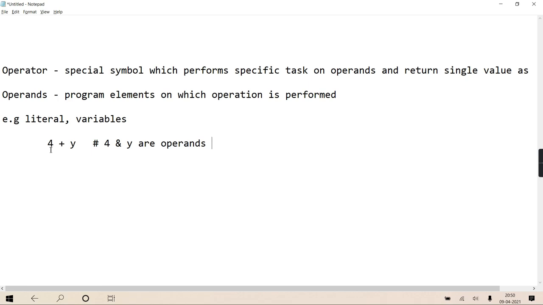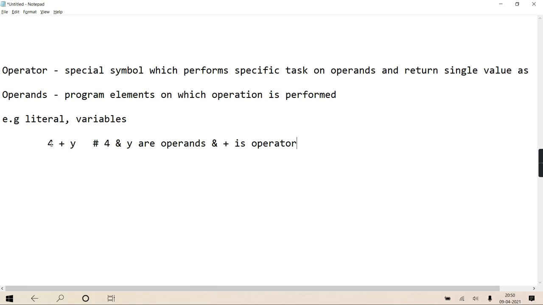So 4 and y are operands and plus is the operator because it tells what operation is going to take place. Plus is that special symbol which does its specific task on these two operands and then returns you some result.